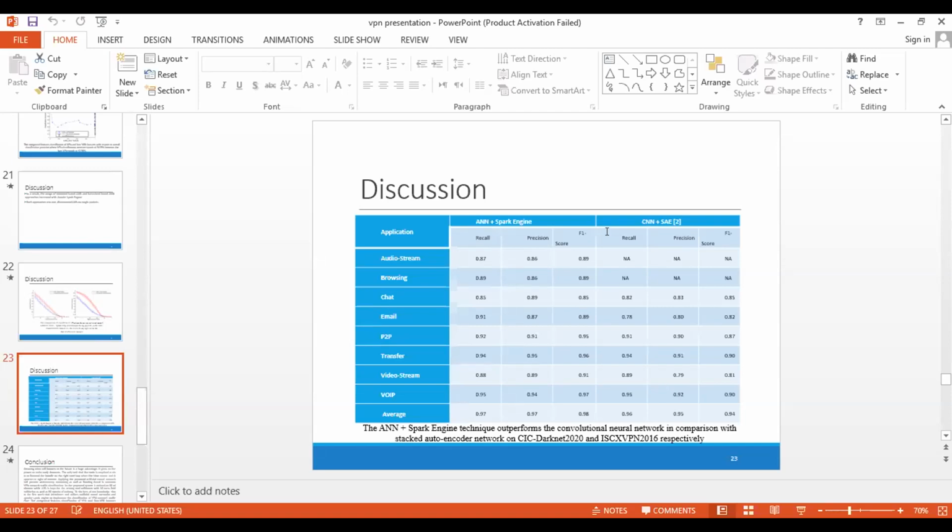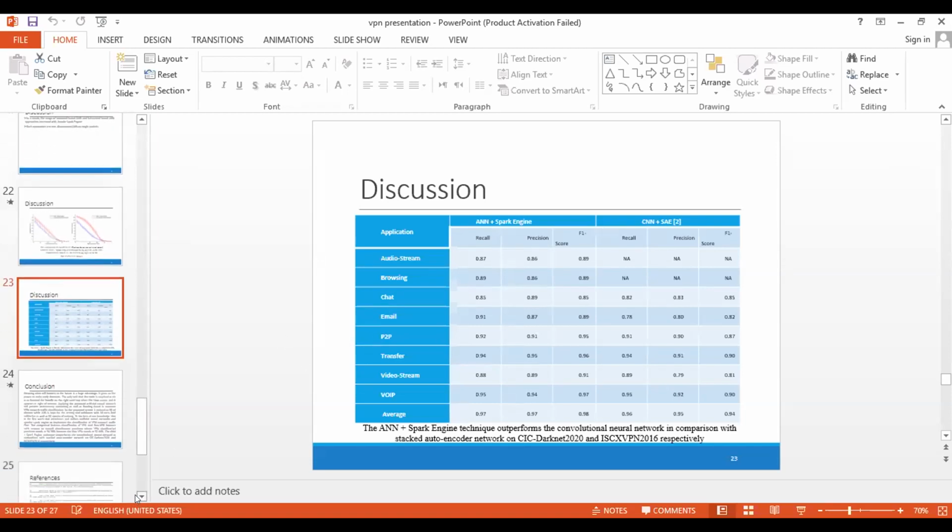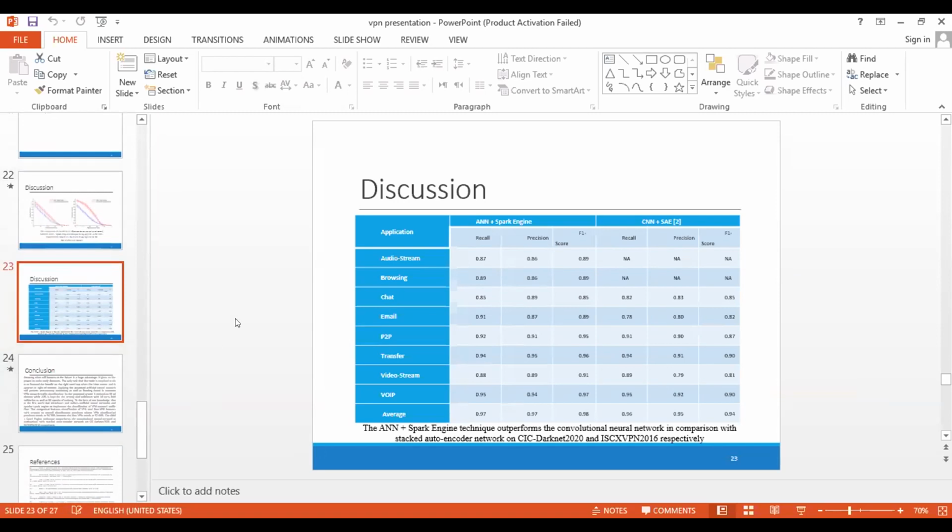It is unlikely that our approach actually learned how to find patterns in the encrypted data. It is likely that the